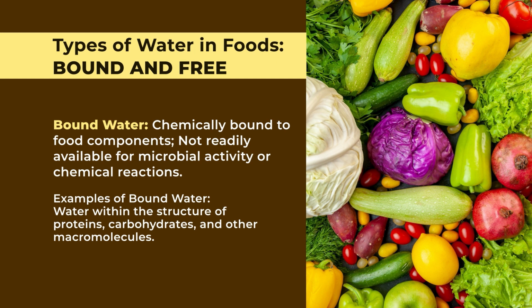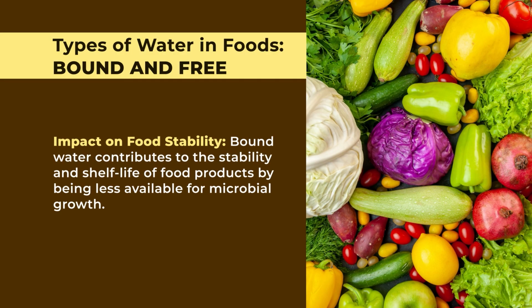This is also one of the advantages of bound water, that it gives structure to proteins and carbohydrates, and the shape. Now, bound water and free water have an impact on the quality or shelf life of the product. So for food stability, bound water gives stability and shelf life to the product, because it is less available for